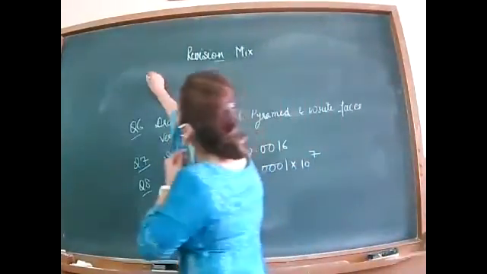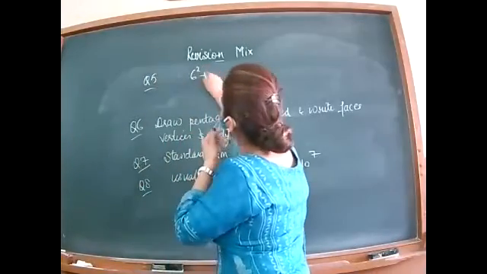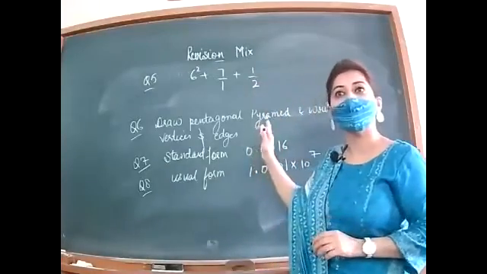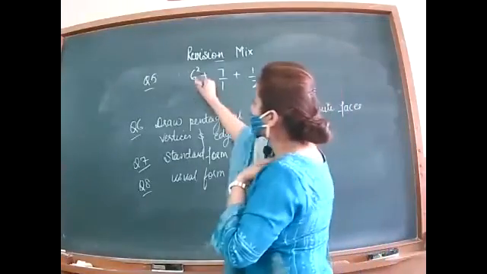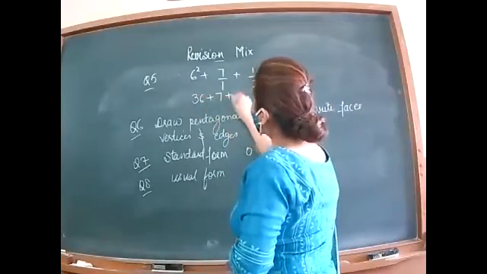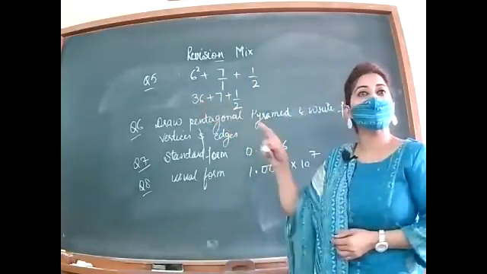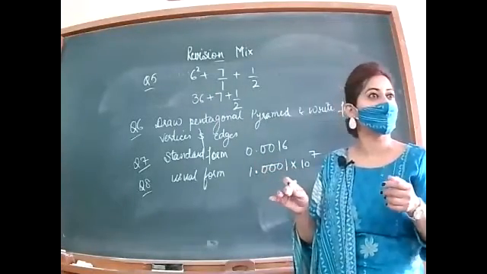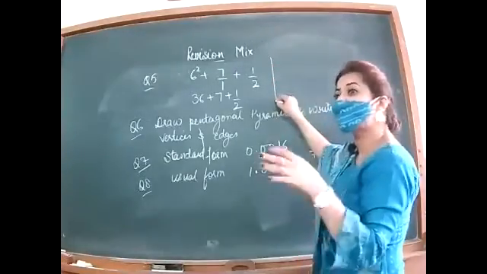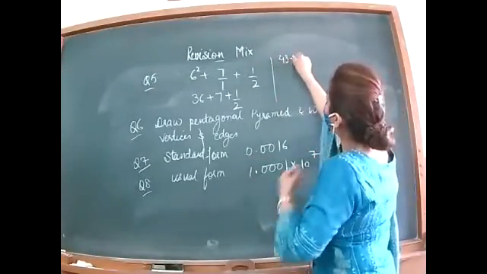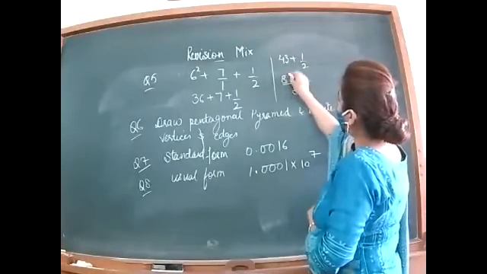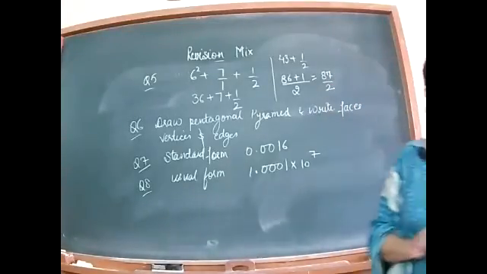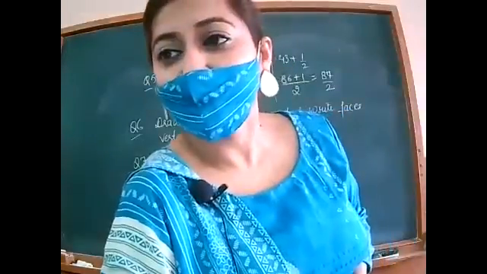Yes, question number 5, B part I am solving. 6 square, 7 by 1 and the next is 1 by 2. So only 1 by 2. Okay. Now 6 square is 36 plus 7 plus half. 36 plus 7, 43. You all have added it before or you have taken direct LCM? Add it first to reduce the question. This is 43 plus 1 by 2. Take LCM, 86 plus 1, 87 by 2 is the answer. Got it?